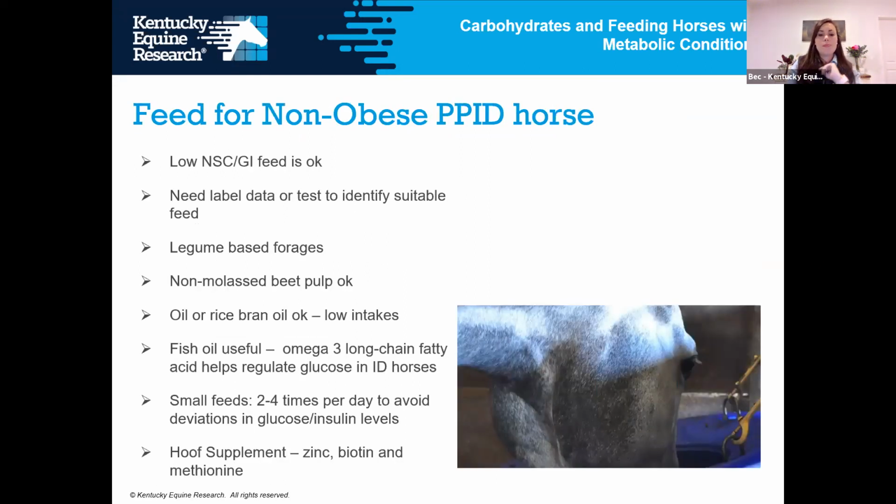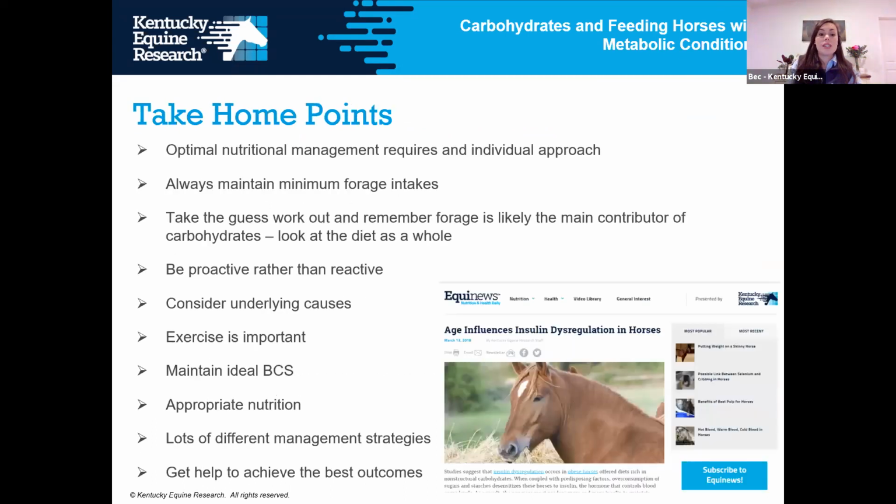Feeding these non-obese PPID horses, we still want to break the meal size down. That's really, really important, because we want to spread this out over a long period of time. We don't want to be giving them one big meal a day. And this can be a challenge in terms of practical management if we can only get to horses once a day or twice a day and they need a fair bit of feed to keep them going. So that's where I would certainly advocate you getting in touch with a nutritionist and then helping you through your